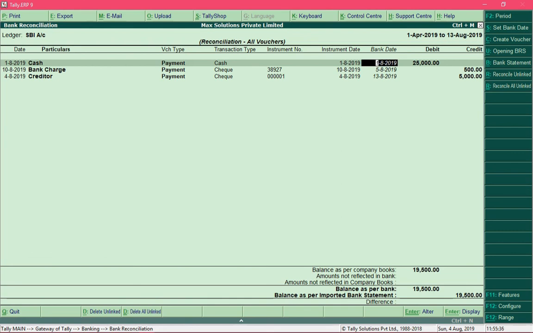So now I can see the transactions which are reconciled, and if I want to make any changes, suppose if I want to change the date for this entry, then I can specify that information over here, and so on. So this is how you can again reconcile the entry in case you have made any mistake. And if you want to unreconcile an entry, just delete the date completely and press the enter key, then that entry would be unreconciled. So that was all about bank reconciliation.